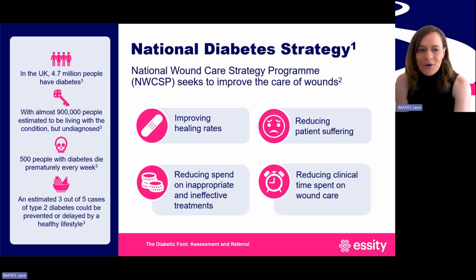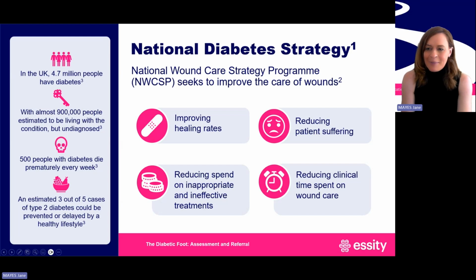Okay, so let's first of all look at the burden of a diabetic foot ulceration. And it's really interesting for us to look at this in relation to the patient and also those patients that we see in clinic. I know a lot of you today are practice nurses. For those patients with foot ulceration, which is associated to diabetes, they're really at risk of amputation. We know that. However, what's interesting for us to also know is that any patient with a foot ulcer is at risk also of amputation, because those come on the back of arterial disease, peripheral arterial disease, and